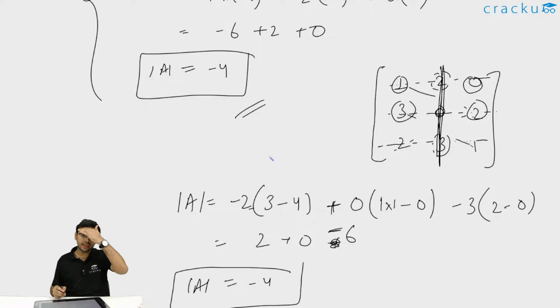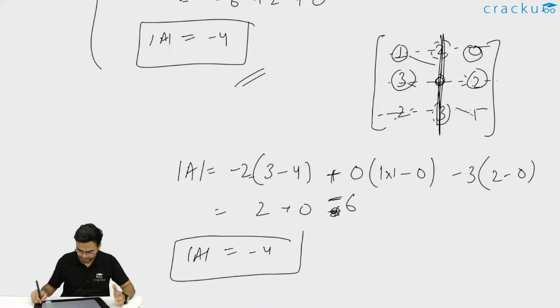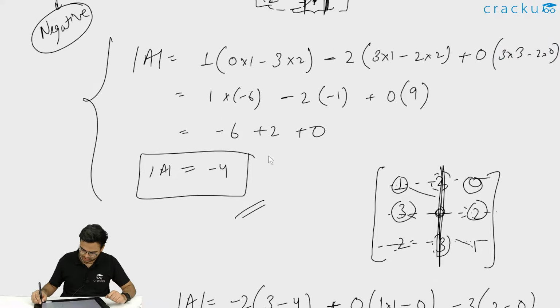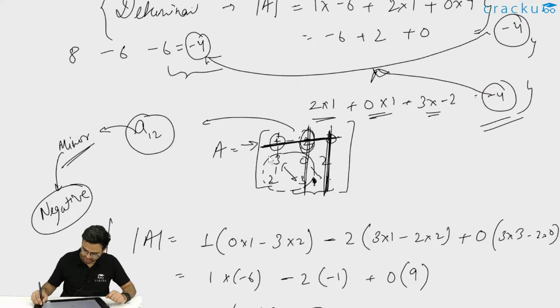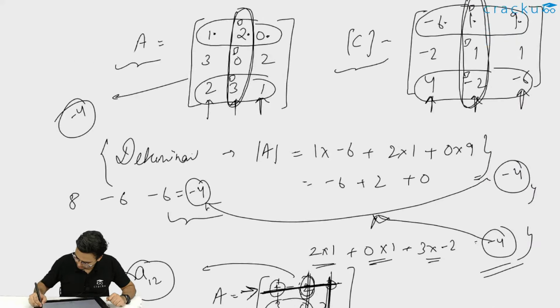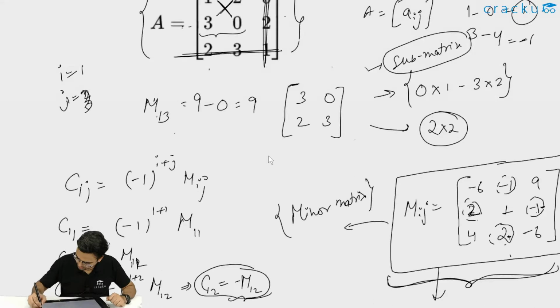You can take any row, any column. You can apply the same formula and get the determinant. This is the trick which we are using. It is generally advisable to use the first row as the base condition. You should always take the first row and then calculate the determinant of the submatrix. From this we get to our general formula